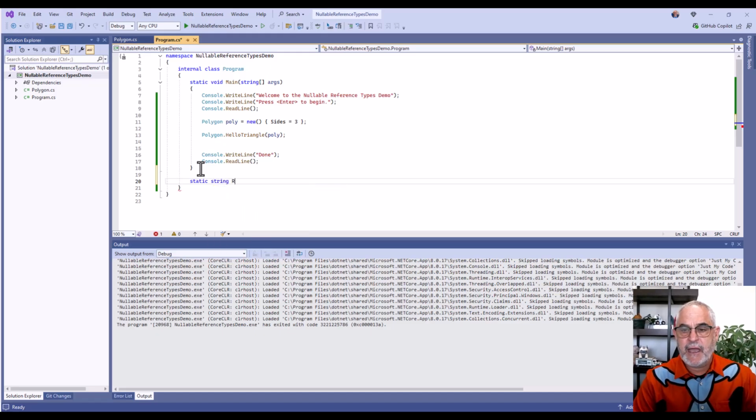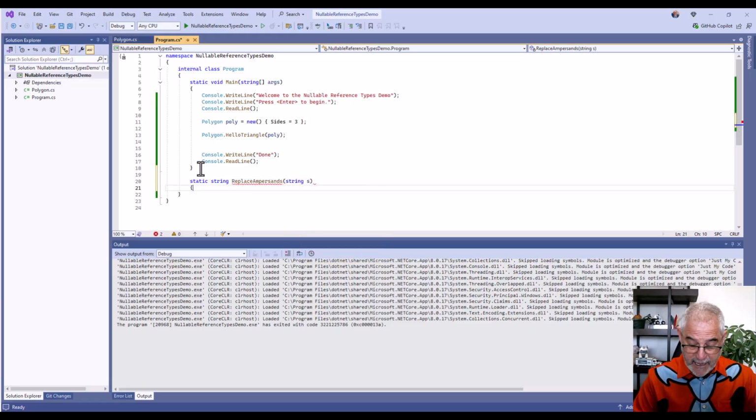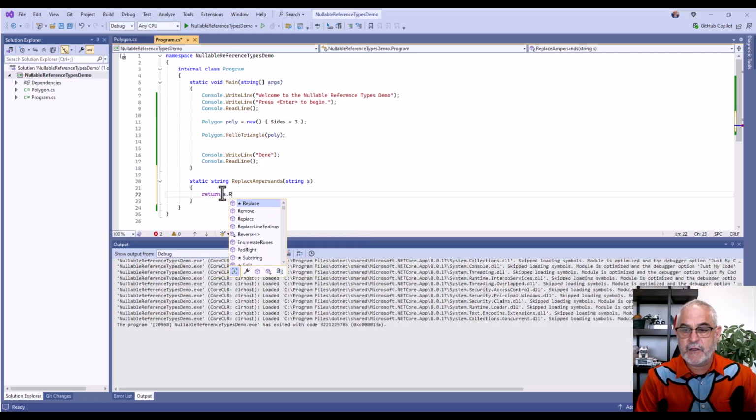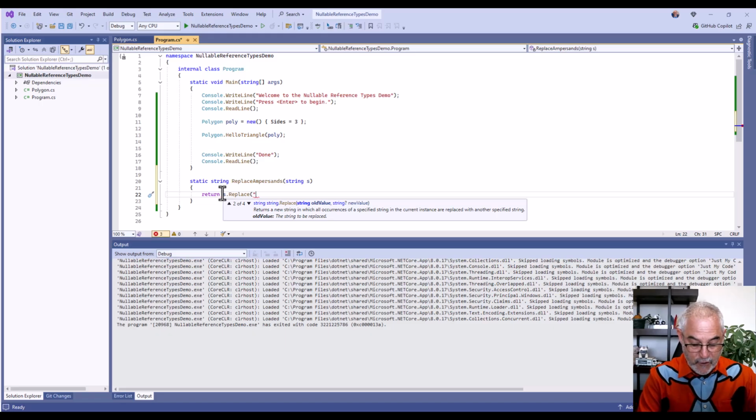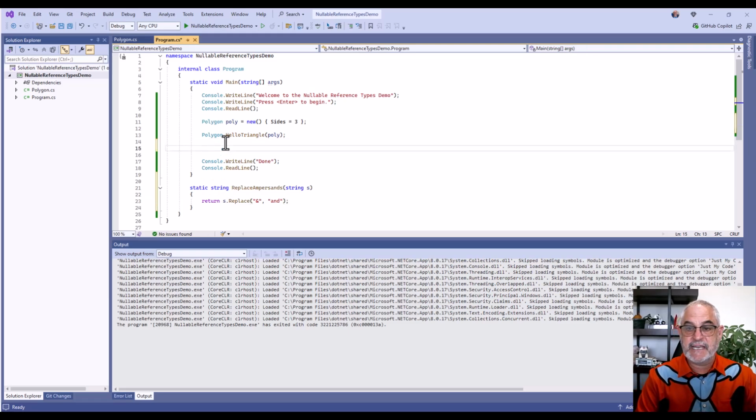string, and let's call it ReplaceAmpersands. And it takes a string as the input. And we will return s.Replace, and we'll look for all instances of this and replace it with that. And now we can test it here. We can say string message equals